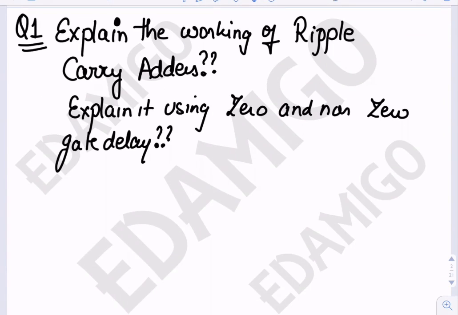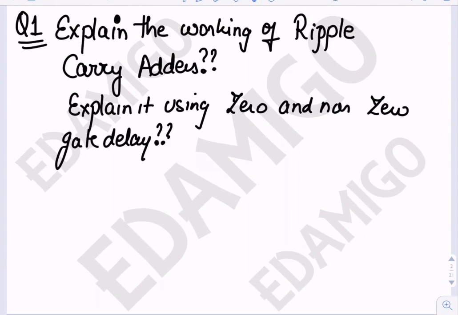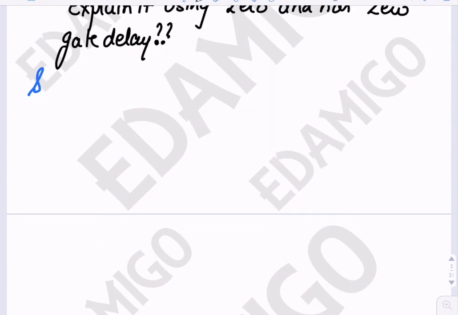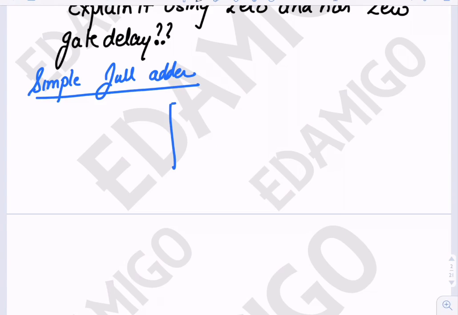The first question was: explain the working of the ripple carry adder, using zero and non-zero gate delays. So first of all, we have to see what a ripple carry adder is. Now before moving to the ripple carry adder, I will explain the simple full adder. Full adder means it is a block